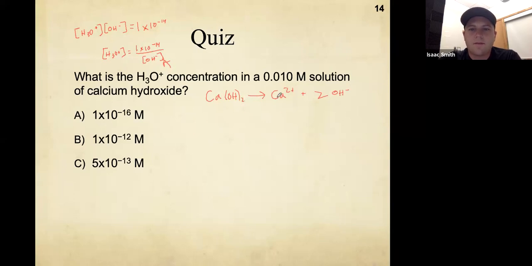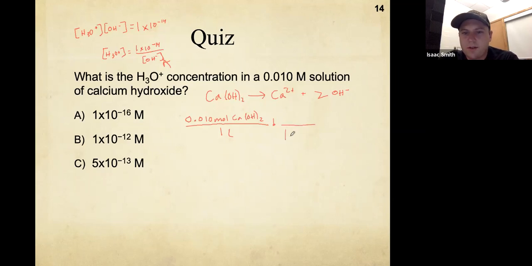Okay, so if we have a 0.01 molar solution of calcium hydroxide, that means we have 0.01 moles of calcium hydroxide for every 1 liter of solution. It doesn't tell us how much solution, but that doesn't really matter because we're using concentration and we're given a concentration. So if we want to convert the concentration of calcium hydroxide into the concentration of hydroxide, all we need